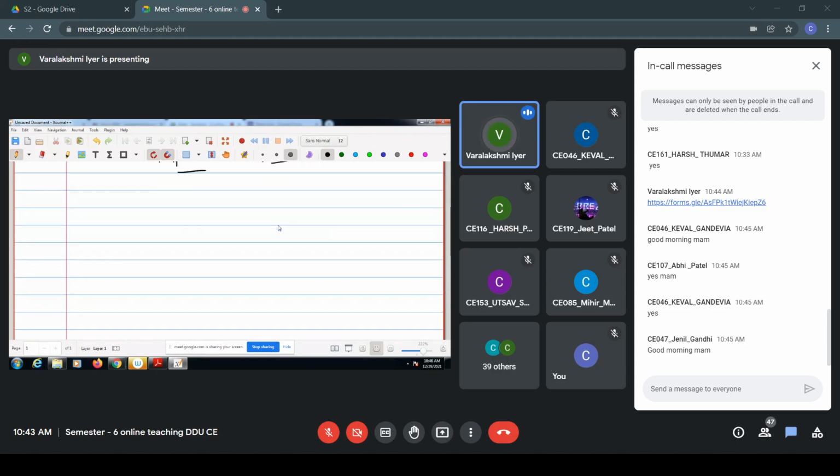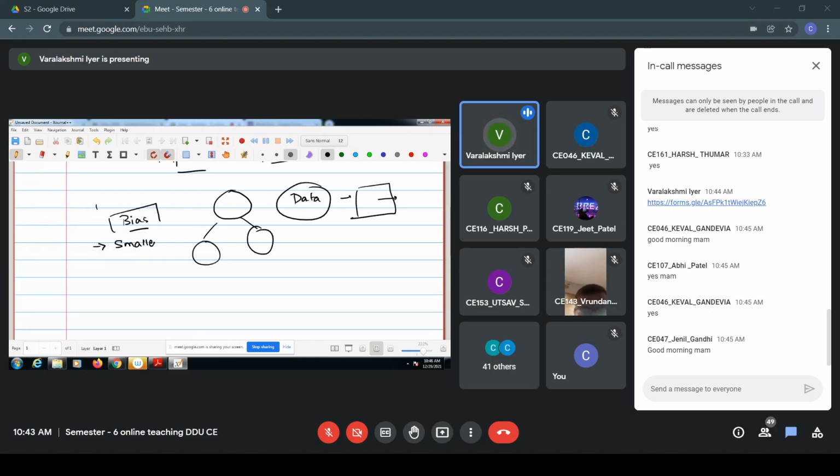So in this, what we are trying to do is create a decision tree for our data. We have a set of data based on which we are trying to create a decision tree. Also, we have a bias in this. One inductive bias that we have in decision tree classifier is that we'll always try to choose a decision tree which is smaller in size. We'll discuss overfitting and underfitting in case of decision tree classifier, which will be a function of the depth of the tree. We'll discuss that too later on.